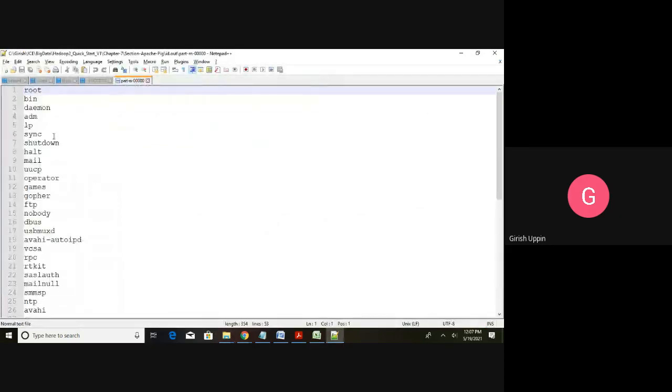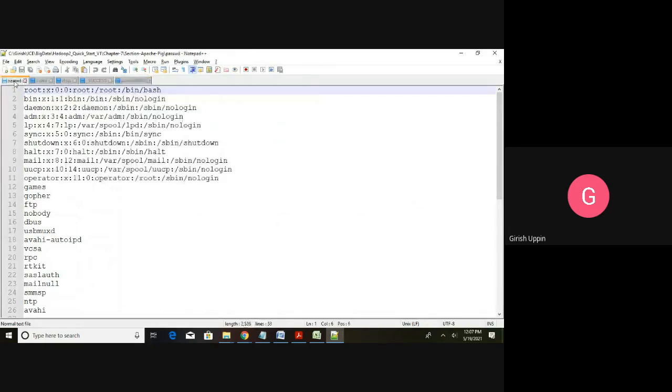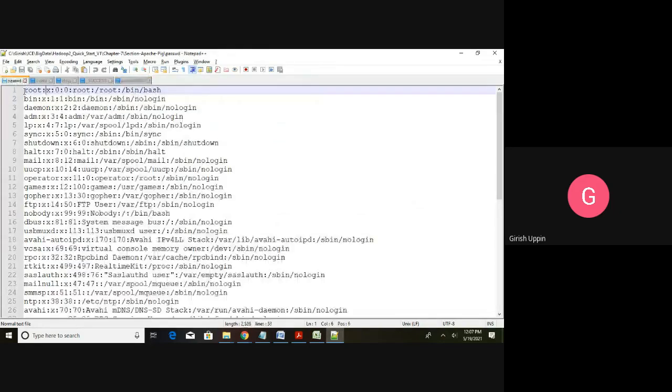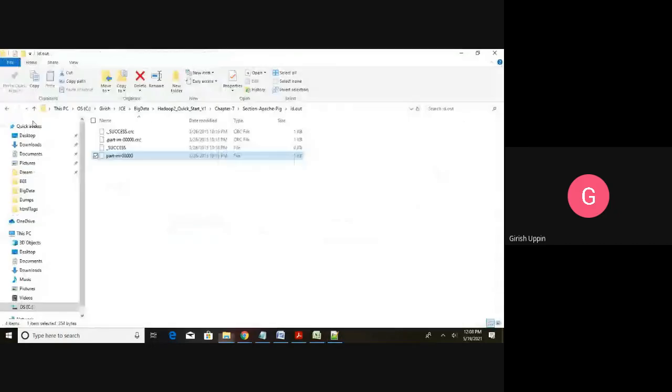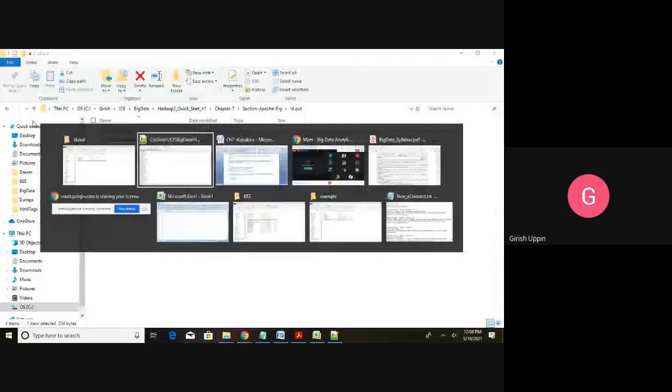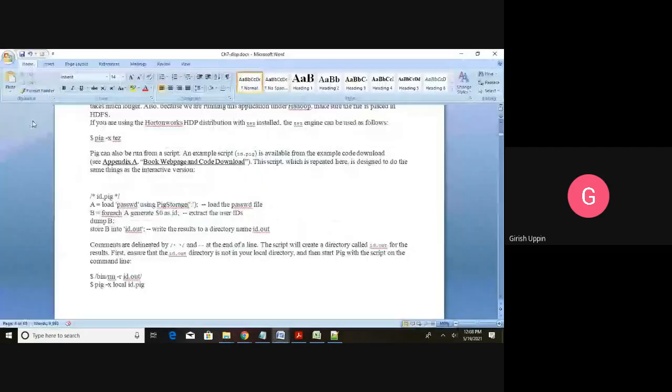If I show you the original password file, you can see we have root in the first line, bin in the second line, daemon third, adm, and so on. If you see the output, root, bin, daemon, adm. So this is the MapReduce program created using Pig. This is a very simple example, but using Pig, we can create very complex MapReduce programs, and